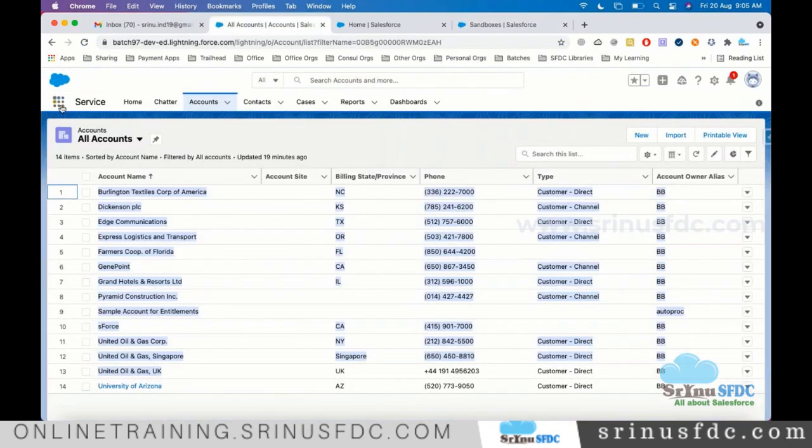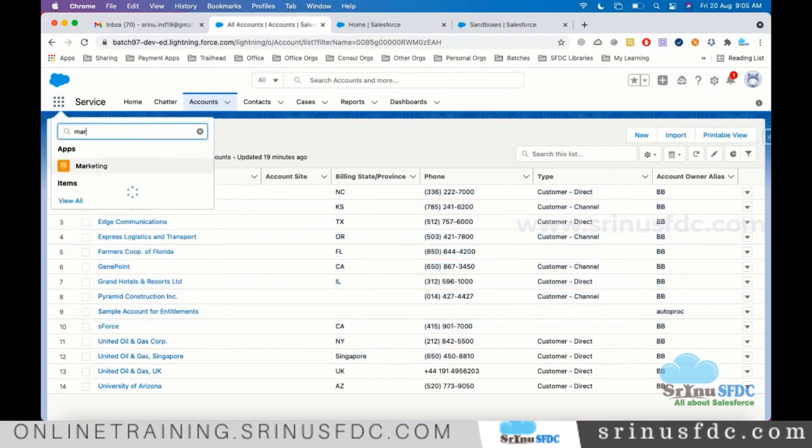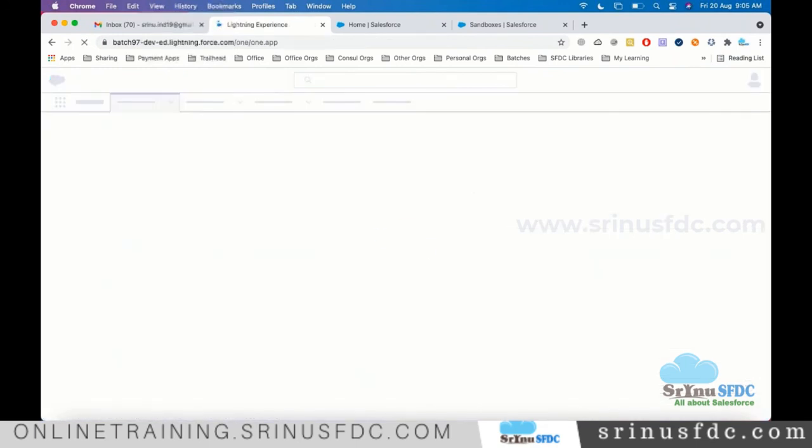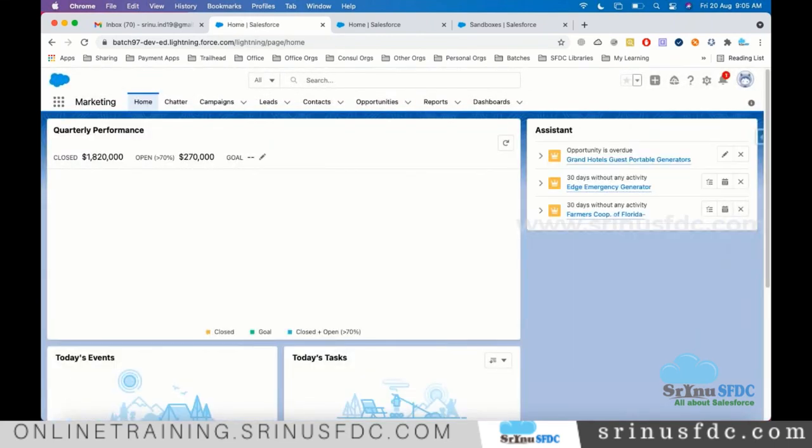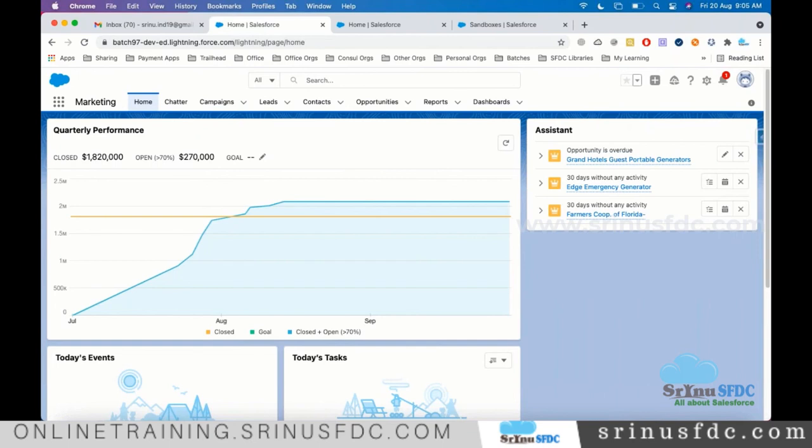Here, in this project, marketing has the basic marketing functionality like campaigns and generating leads and all those things. Marketing Cloud is completely different, offered by Salesforce, with its own capabilities. For example, if you want to send email to millions of customers, or send SMS to millions of customers, those kinds of capabilities you see as part of the Marketing Cloud.